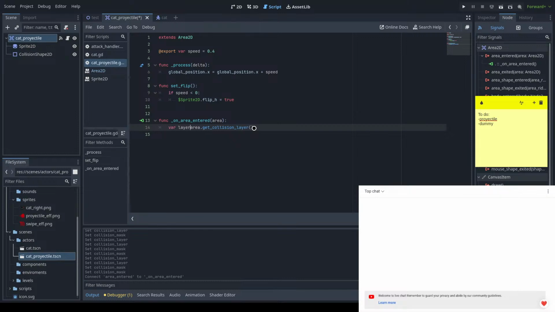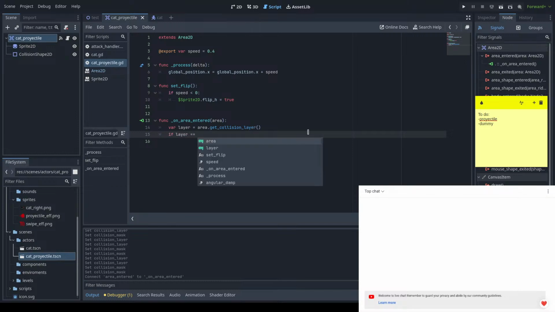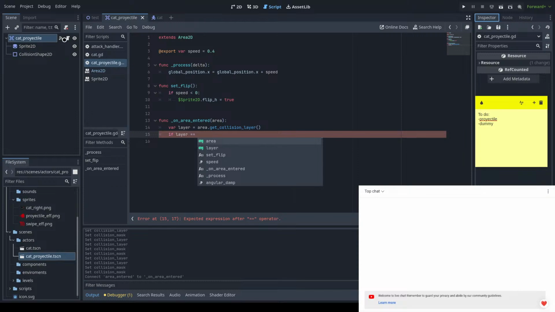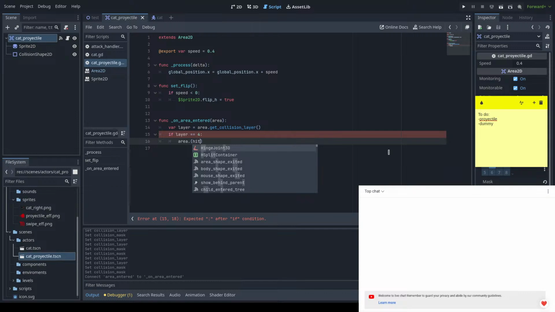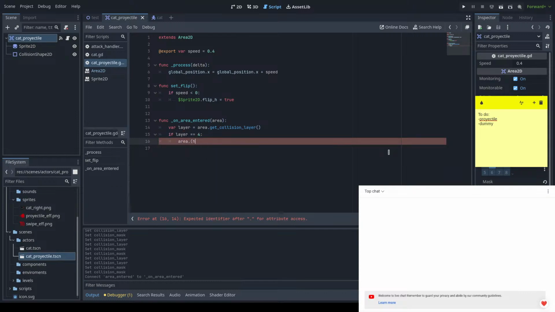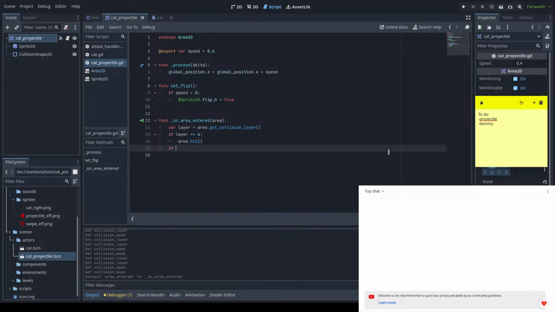We're gonna create a variable layer equals area dot get collision layer, and then if layer is, if we are in 4, does nothing. And then if layer